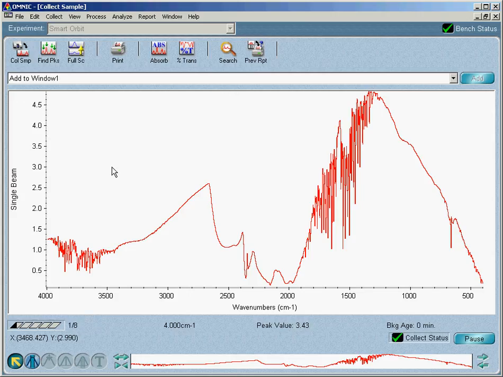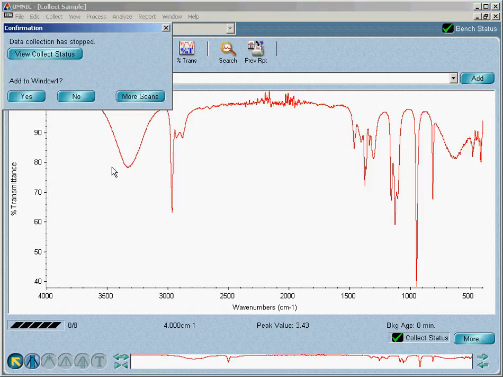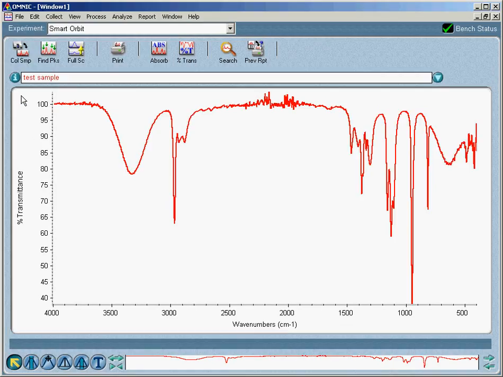And so now what will happen is the software will take the IR spectrum of your sample and the atmosphere, but it's going to subtract that background spectrum off of that, and what you're ending up with is just a spectrum of isopropanol. We want to add this to window 1, yes,